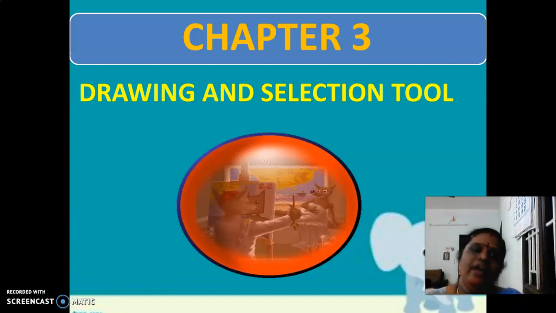Now we are going to enter into actual XIMP content, what each tool is for, what we are using those tools for, okay? First, we are going to see about drawing and selection tools. So for drawing, which tools are used, and for selection of any object, which tools are used. So these two, drawing tools and selection tools, we are going to see in our chapter 3.